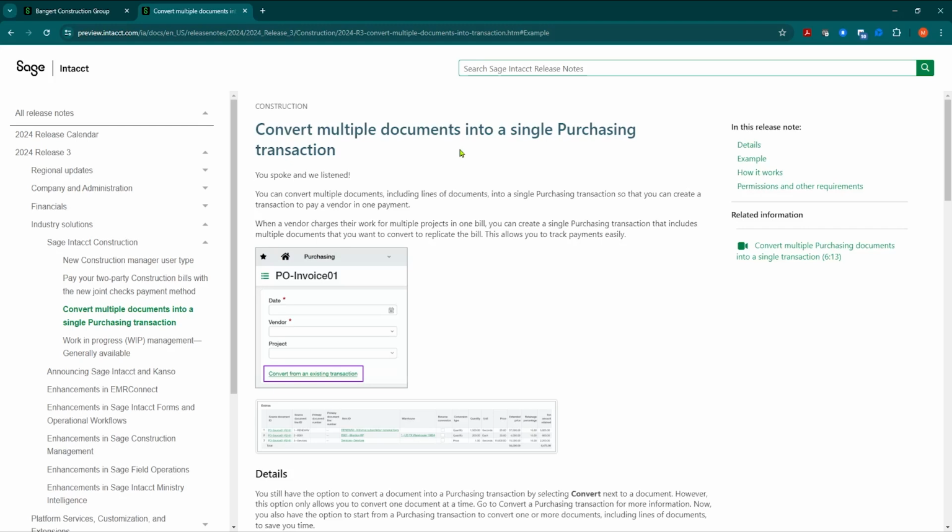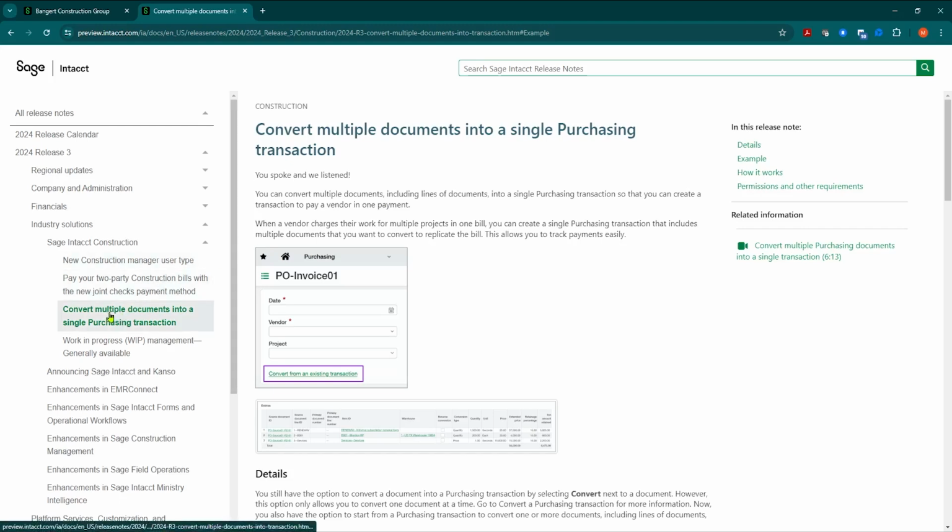You can do it at the summary level, grabbing the whole document, multiple documents at a time, or specifically line by line, purchase order line number by line number. We're going to go in and show you that.